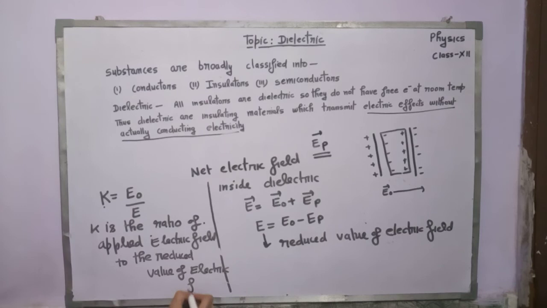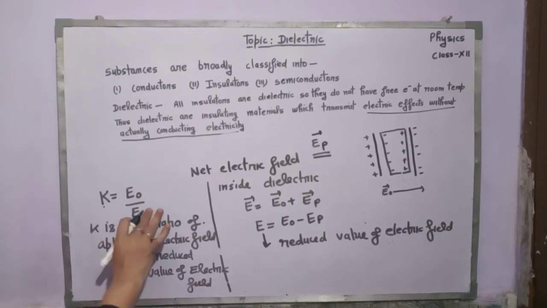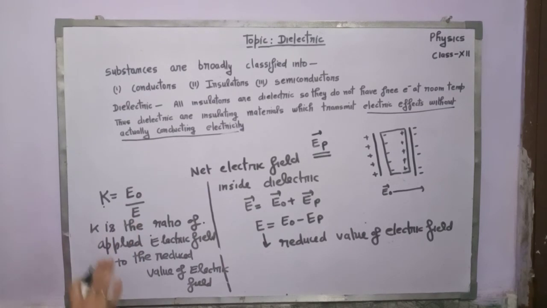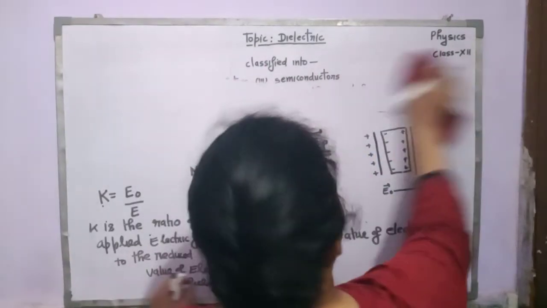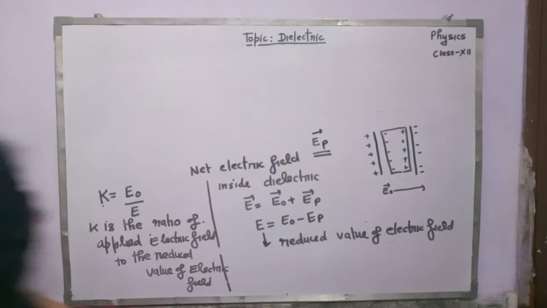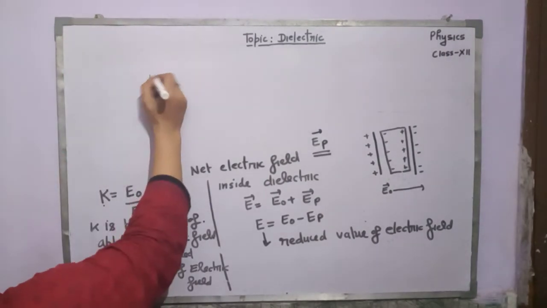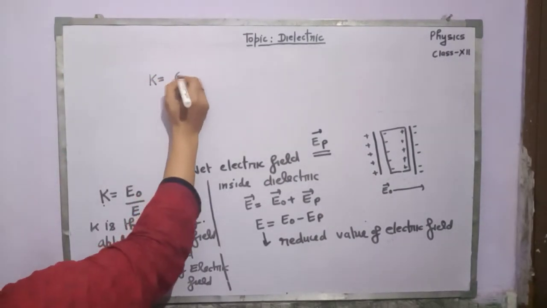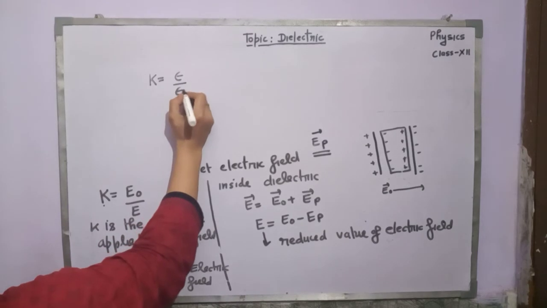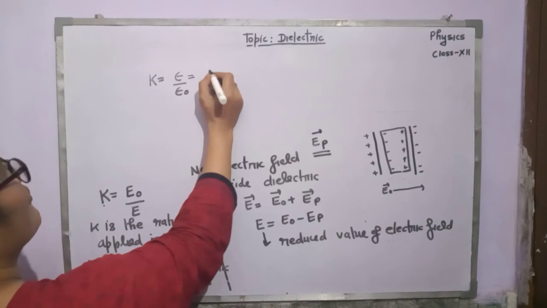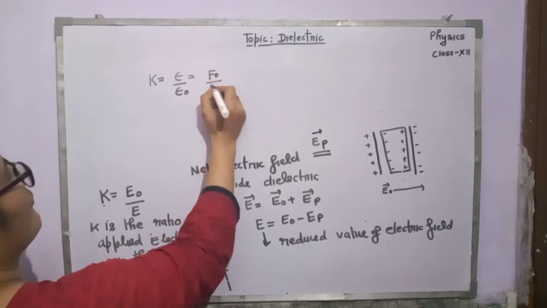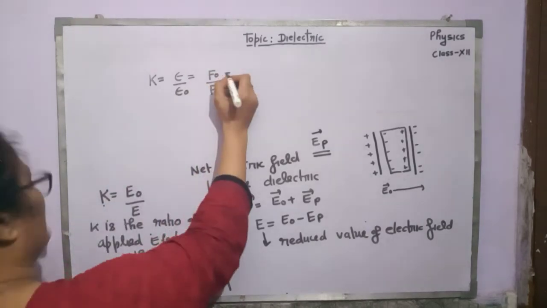This is the definition of dielectric constant in terms of the electric field. You can define it in this manner. In the first chapter, we define K as K is equal to epsilon upon epsilon naught. This is also equal to F naught upon F, and this is equal to